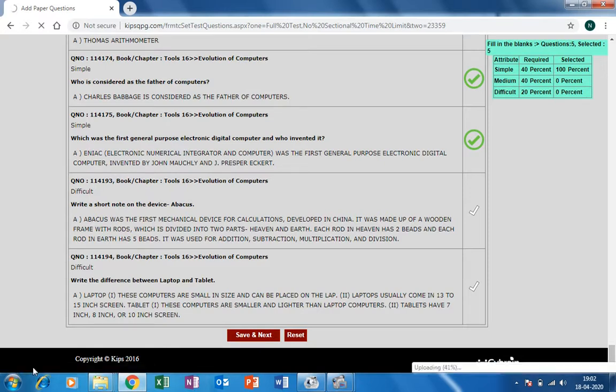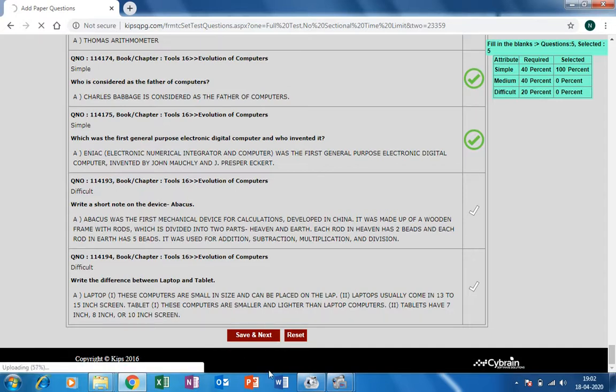It will show you the uploading of the questions, 90%, 100% uploaded. Once it is uploaded, it will show you the publish message.